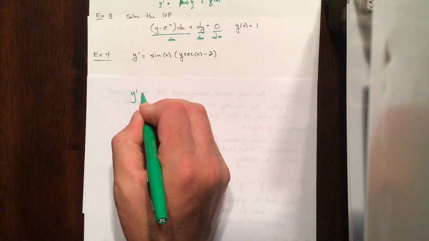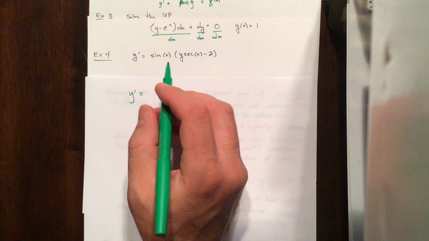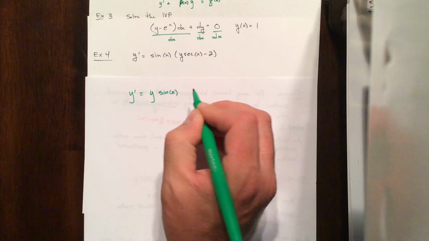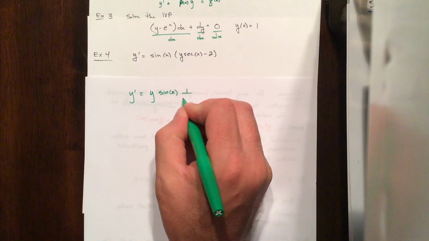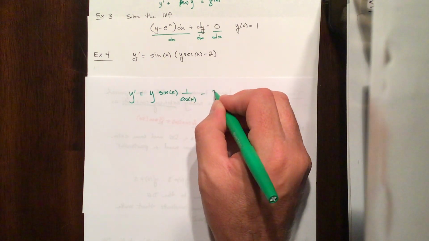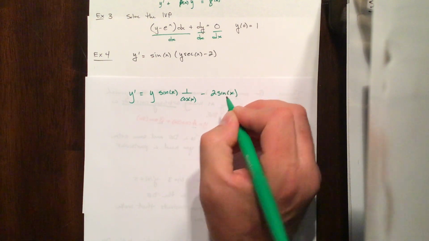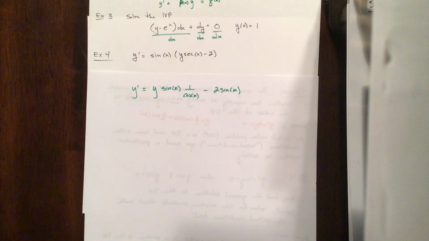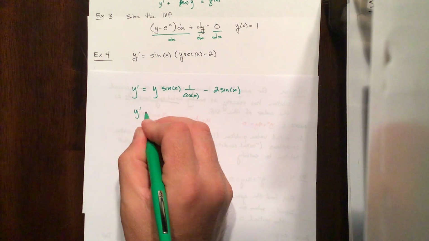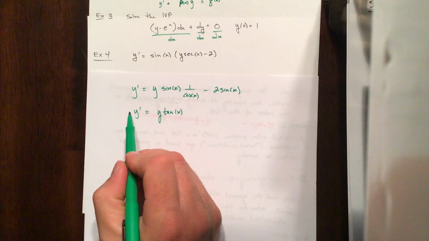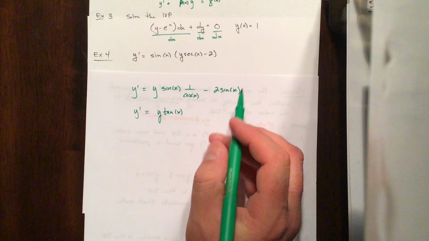So what's the right format? y prime equals y times the sine of x times the secant of x. Well, secant of x is 1 over cosine x. Minus 2 times what? Minus 2 sine x. Does that look right? Yes. It's one of the bad things about lecturing on video. I don't have anybody to stop me and point out when I make a mistake. y prime equals y tangent x, minus 2